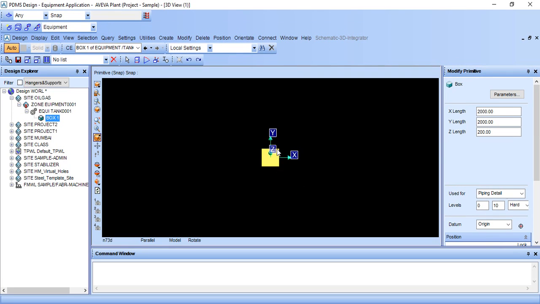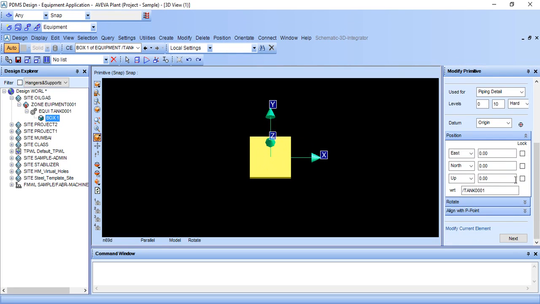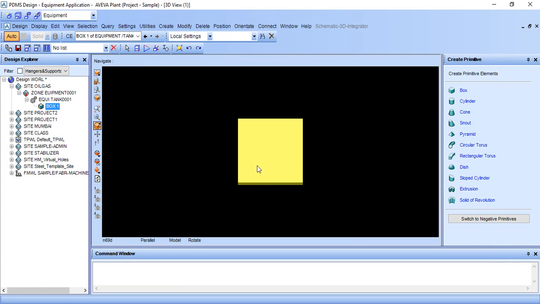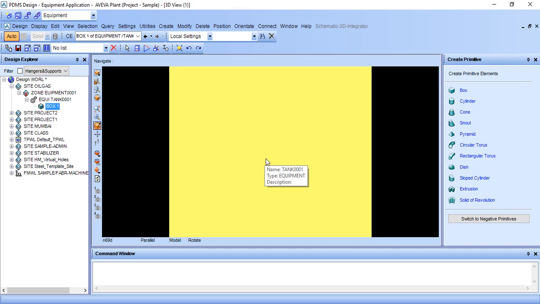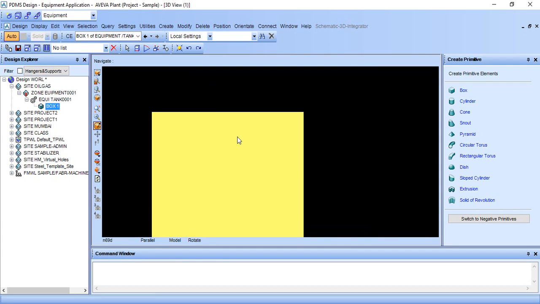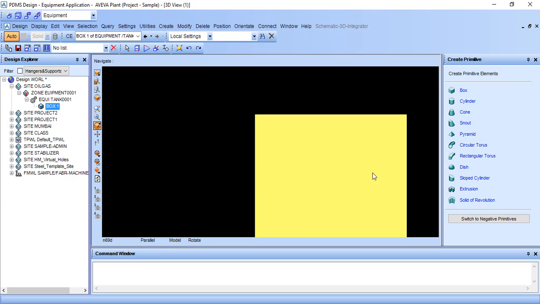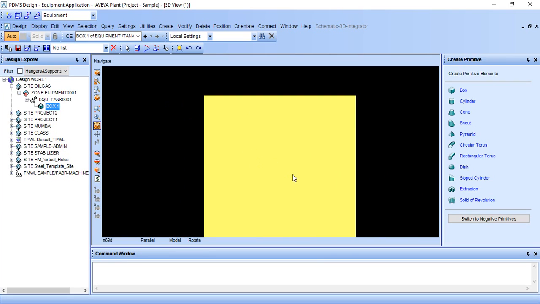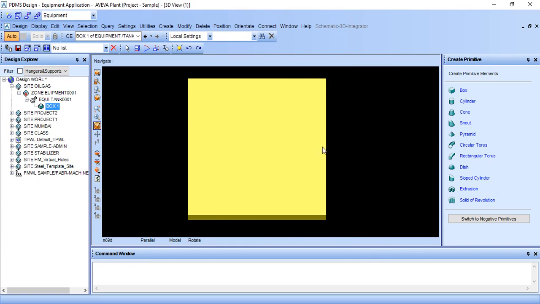Here it is created. Then click next to exit the command, and we can zoom in, zoom out by scrolling. And suppose we want to move, we need to click the scroll button. You need a mouse for this.